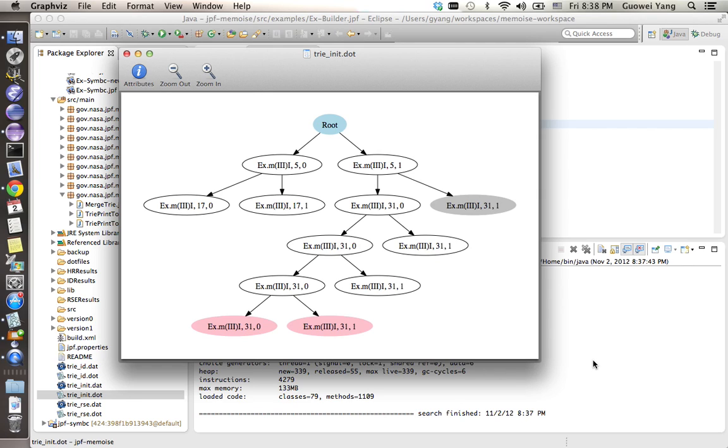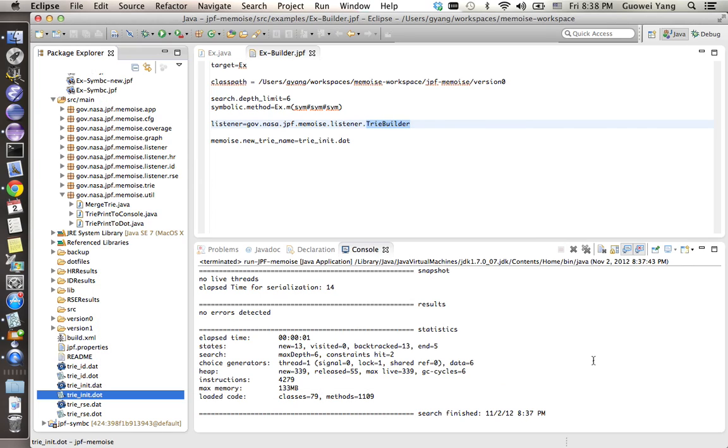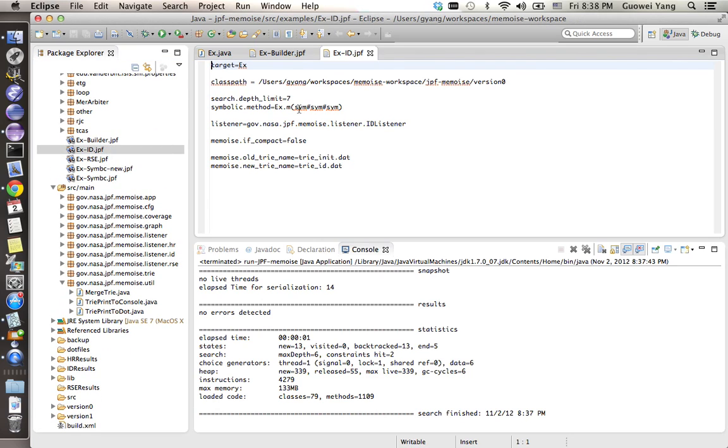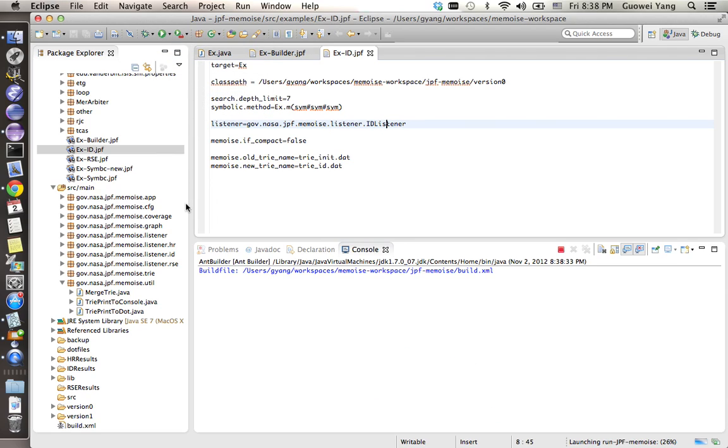Next, we show how to use Memoise for iterative deepening. Here's a configuration file for that. We increase the depth bound from 6 to 7 to check more behaviors, and we use the ID listener for iterative deepening. We run this,